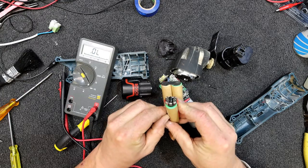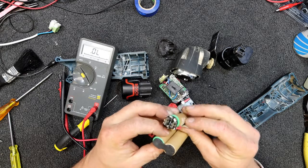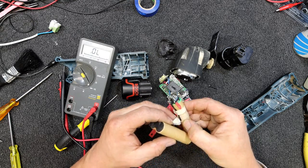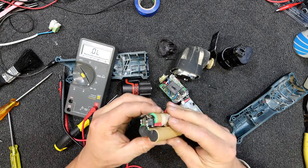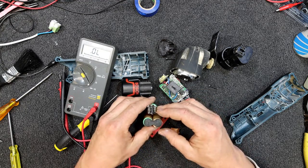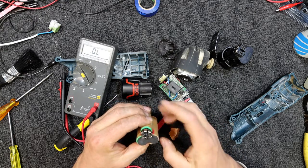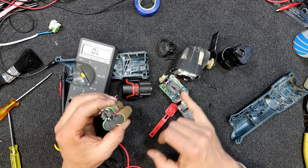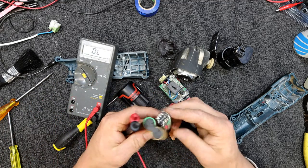So what have these guys done here? Is it a thermistor or something? It probably is by the look of it. It looks like a little thermistor in there, just a little black blob. I guess one way to cheat would be to pull that out of the battery pack. Now the problem is it may use it for the charger, but you could probably pull one of those out of one of these battery packs and just solder it in the unit. Here's one way of bypassing things. It's nice if you can leave it in there, but